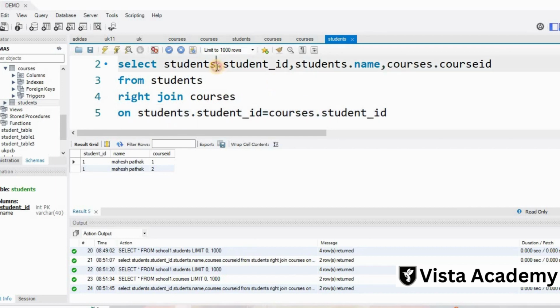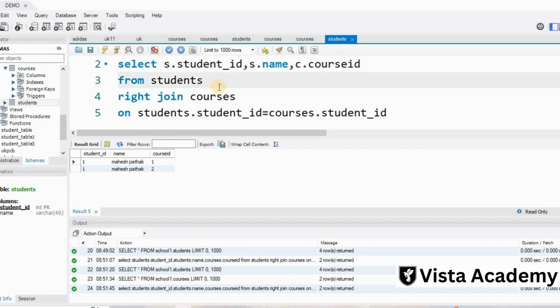But one thing we can also do is give shortcuts, like if you would like to give S for students, and course name is also S, and then what you can do is, here also courses is joined with S dot student.